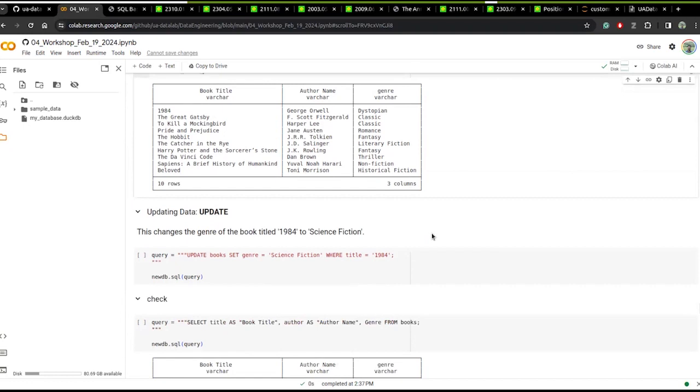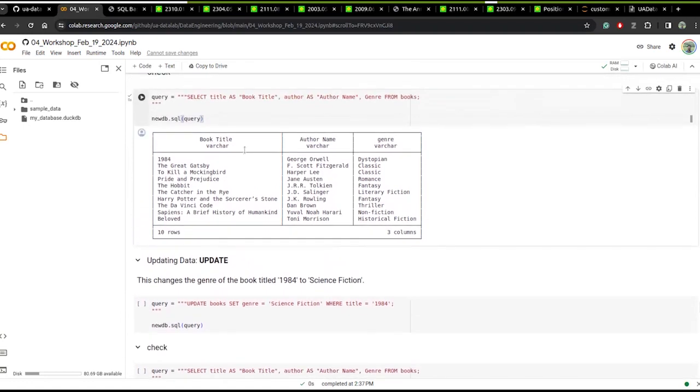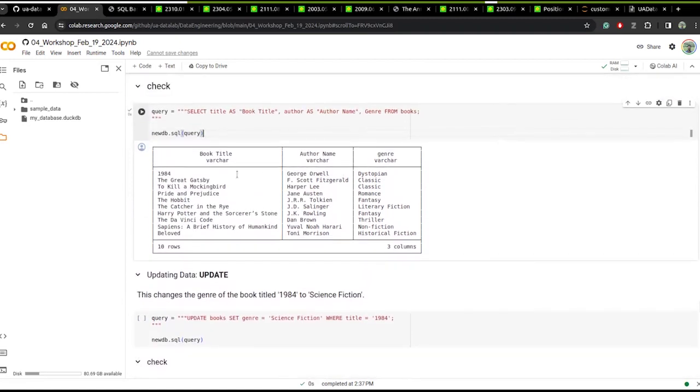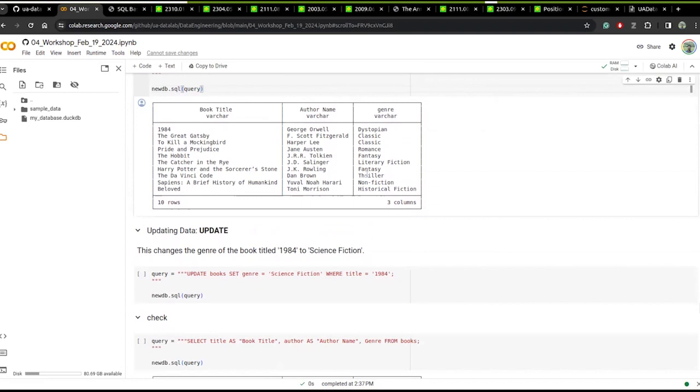Next is update. Let's say you have this data inside the table, you want to edit some of it. So for example, instead of saying that for 1984 we have the genre as dystopian, we want to say it's just science fiction. We can say update this books table, set genre equal to science fiction, where title is 1984. So it goes to this books table, finds where the title is 1984, and then sets the genre